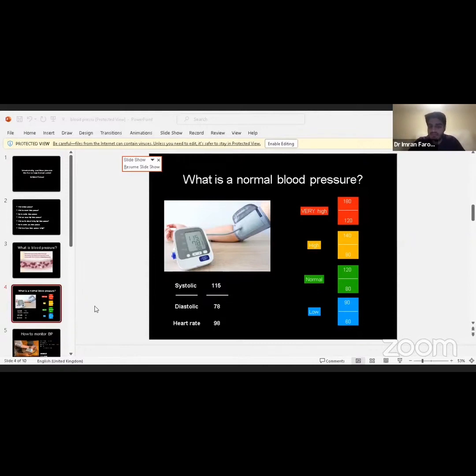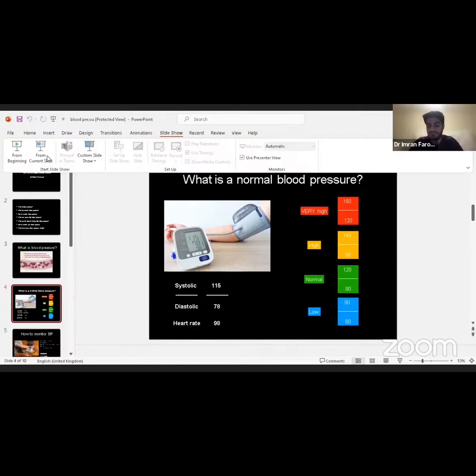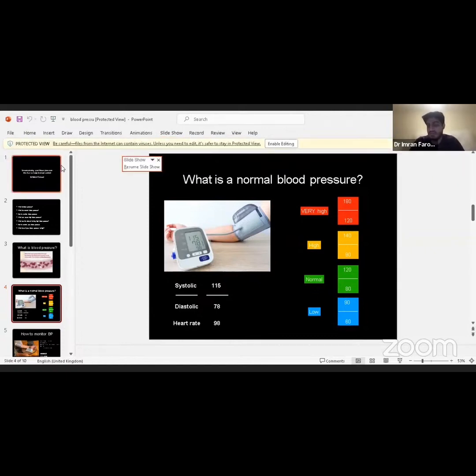Now, blood pressure fluctuates minute to minute, hour to hour, day to day. If we're up and about, walking or exercising, our blood pressure is likely to go higher. But if we're resting, sat down, lying down, sleeping, it's likely to be lower. But what we, as medical doctors, are interested in is your average blood pressure, so what your blood pressure is doing over a period of time. And if that blood pressure is high over a period of time, that's when it starts to cause problems.